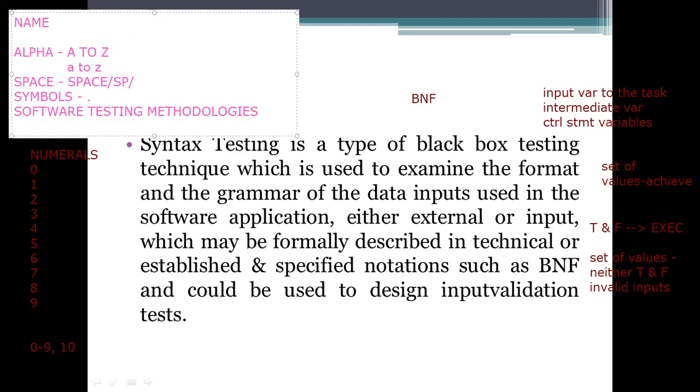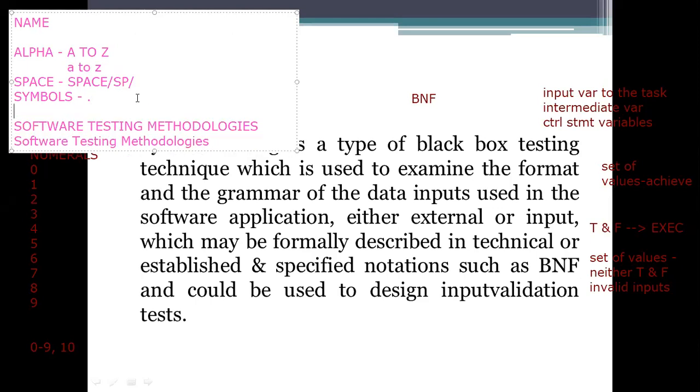So here, see here. This is an example. This example consists of a subject name or a course name, which is using the elements we are specifying.